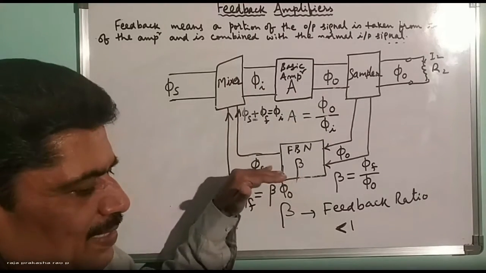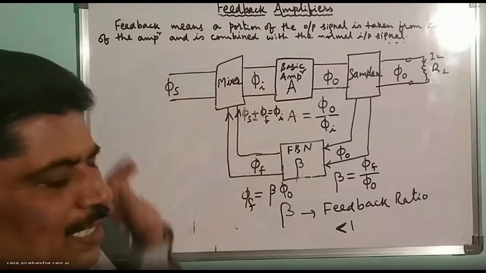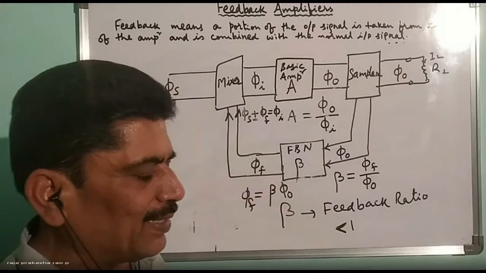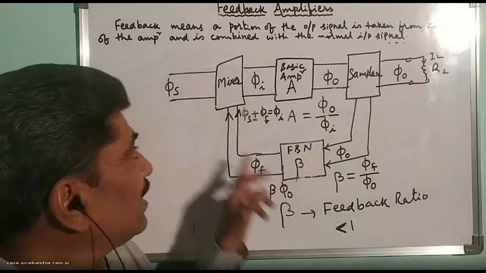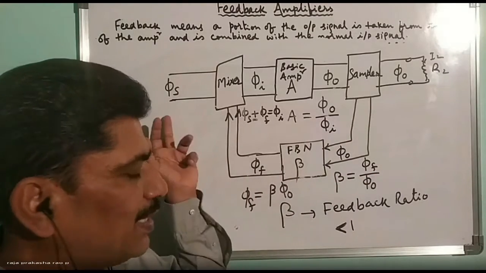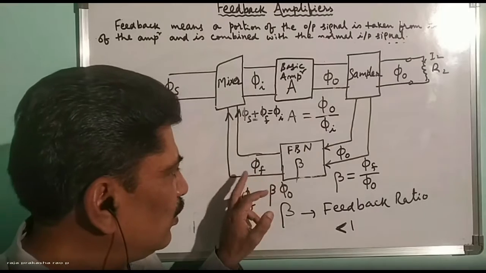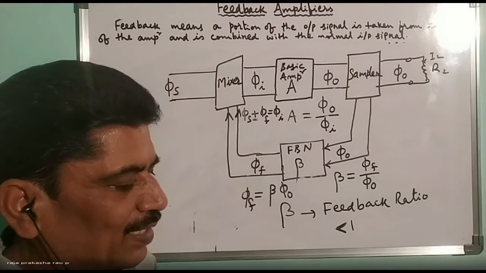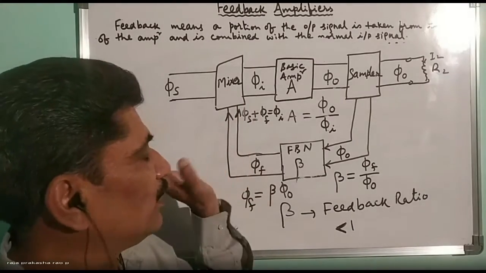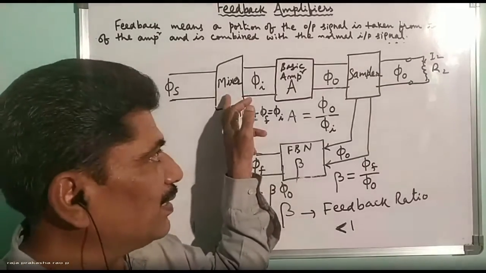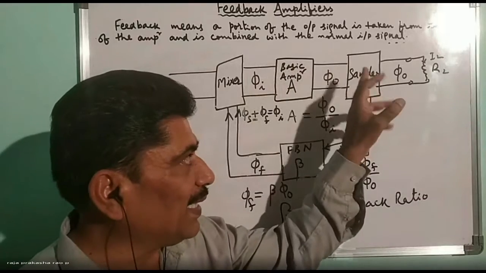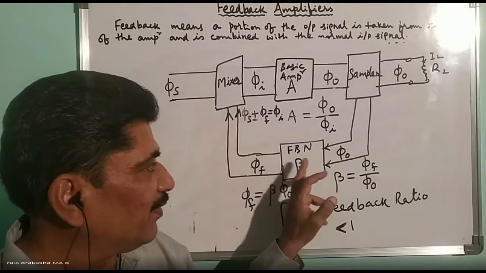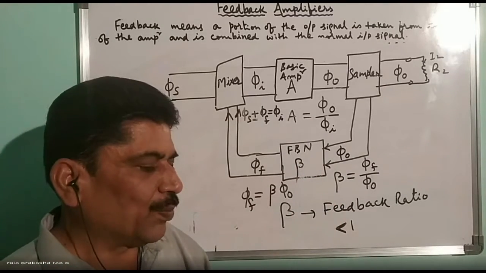Okay, if this feedback is not there, this input signal is nothing but the source signal only. But we are using a feedback signal, that is a small portion of the output signal, that is added to this. In positive feedback, it is added to this. If it is a negative feedback, you subtract this Vf from Vs. That function is done by this mixer. So you should try to understand what the mixer is doing and what the sampler is doing. Sampler will redirect the output to this.